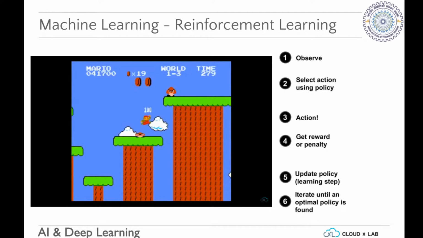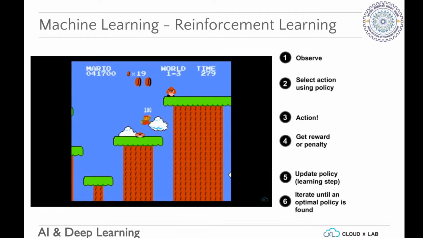It sees that it died. Once it says, oh, the policy of walking into turtles is wrong, let me try jumping on the turtles. Then next time it tried jumping on the turtles. When it jumped on the turtles, it saw that it survived and it got more points. So it says, yes, this is a strategy I need to do. I need to jump on turtles. If I see a turtle, I need to jump on it.